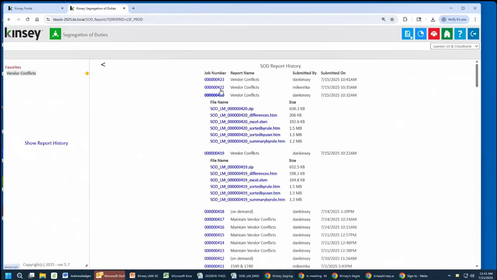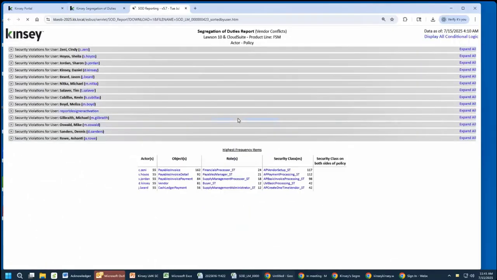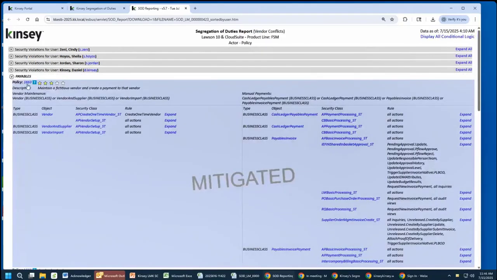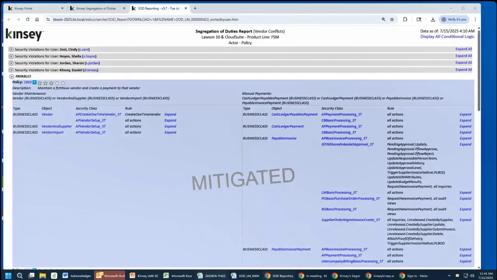Maybe I wanted to run a report this day. If I come up to the top of it, I say, sure, look at Dan Kinsey. 1663 is the one I had mitigated. Now, if you need to provide this report to the auditor, you can see that this report has been mitigated. As I said earlier, if I were to pull up the Excel version,